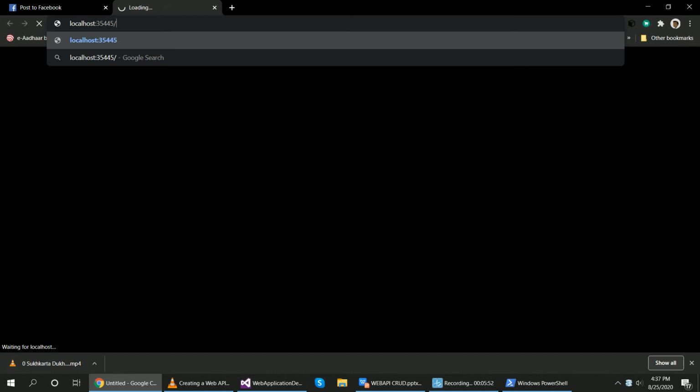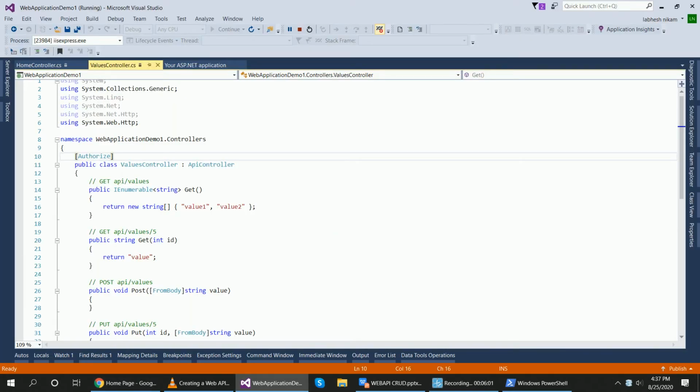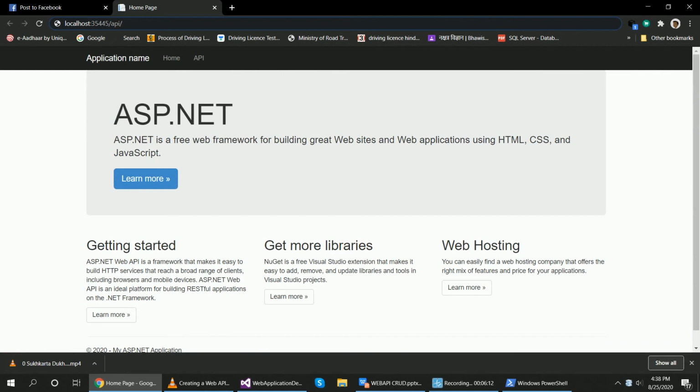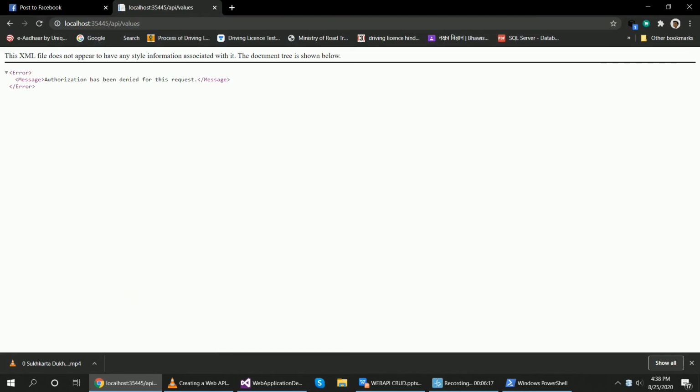When you run the project, localhost and the port address is generated. Now to run API, we write api slash, what is my controller name? Controller name is ValuesController, right? This one. No need to write controller, just put values and click.